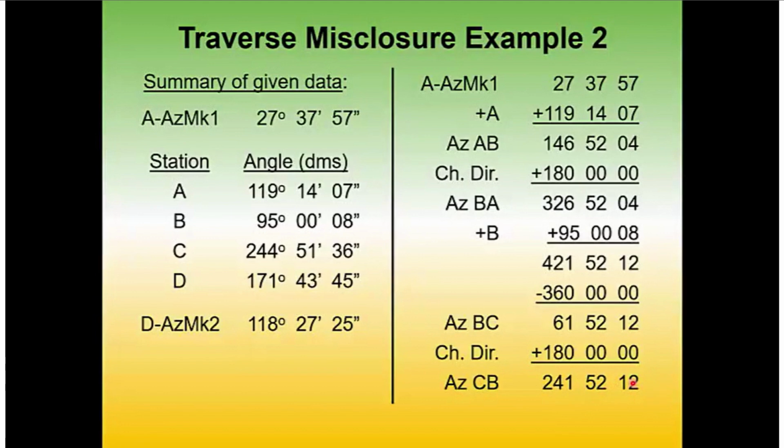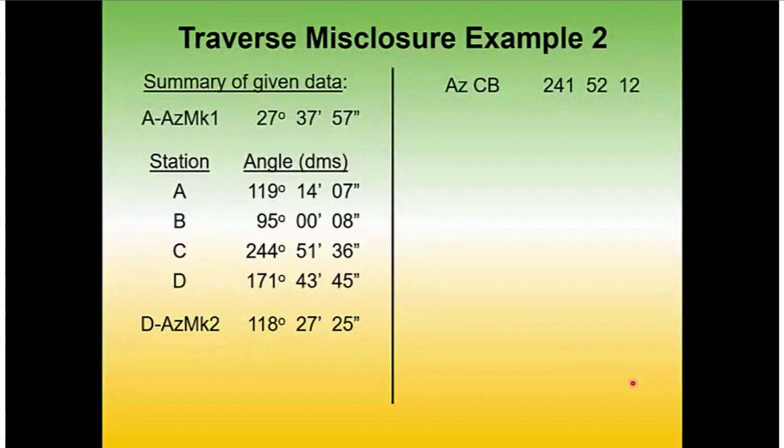We'll just continue these calculations. We'll start with this last line here, and we'll place it on top of the screen and just keep on going. So we have the azimuth from C to B. The next thing we want to do is simply add the angle at C, and the angle at C that was measured, it's over here, 244, 51, 36. So add that angle, and we're going to see that we're going to get an azimuth of C to D